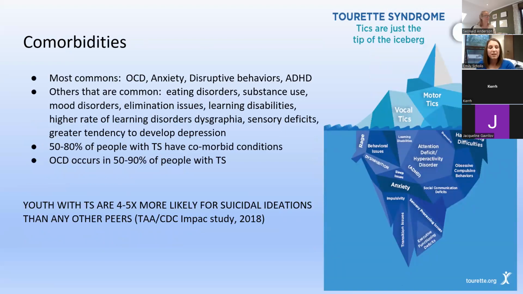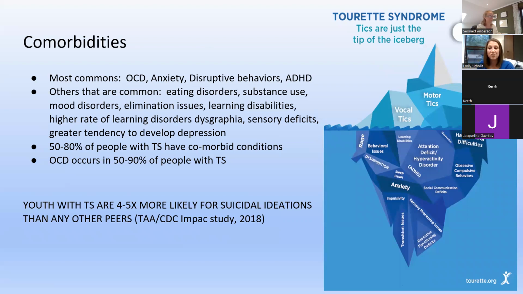Okay, so looking at some of the comorbidities, there's a lot. So this iceberg is great. This is from the Tourette Association of America. It really just shows that we see just a little bit on the surface, but underneath, there's usually a lot going on. You can see behavioral issues, learning disabilities, anxiety, impulsivity, sensory processing, executive function, those attention issues, just so much under the surface that we don't see that these people are going through. And sometimes they don't even know, because it's maybe normal to them. They've always dealt with it. So just good to keep in mind that a lot of your patients probably have something,